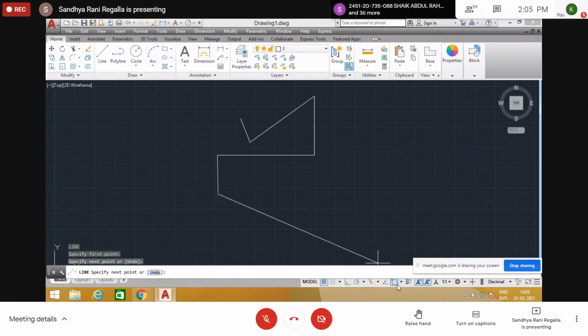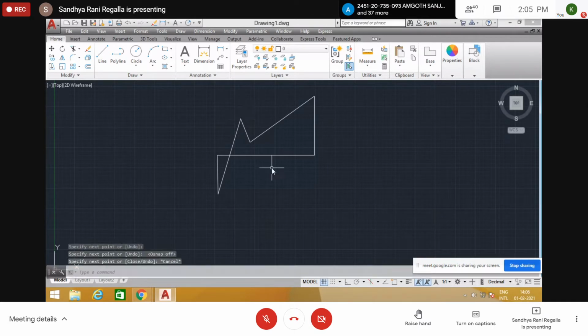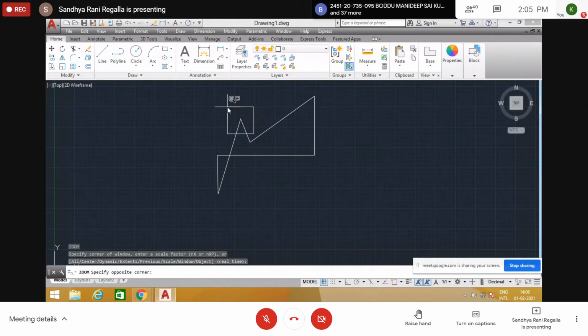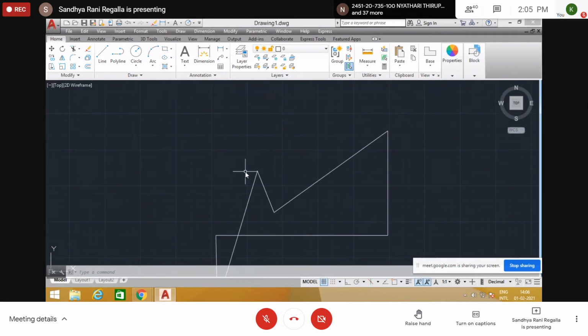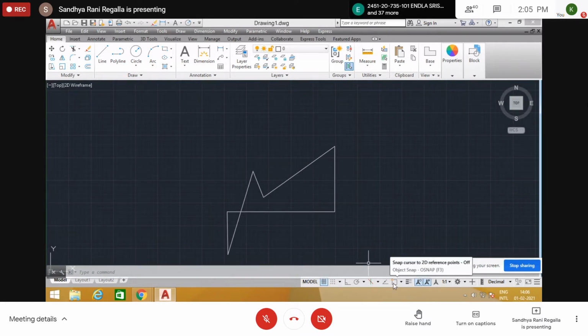Suppose, see, I turn off this O snap, and if you want to close this diagram with this corner, for example, see, the corner is not highlighted. So it is very difficult to pick up that corner point. Now it looks like it is exactly on the corner only. Now I will click here, it will close, but we don't know whether it is exactly closed or not. If you zoom in and see the difference, there is some gap, there is some break. We can't pick up the exact corner point here. That is the drawback if you don't turn on this OSNAP setting.